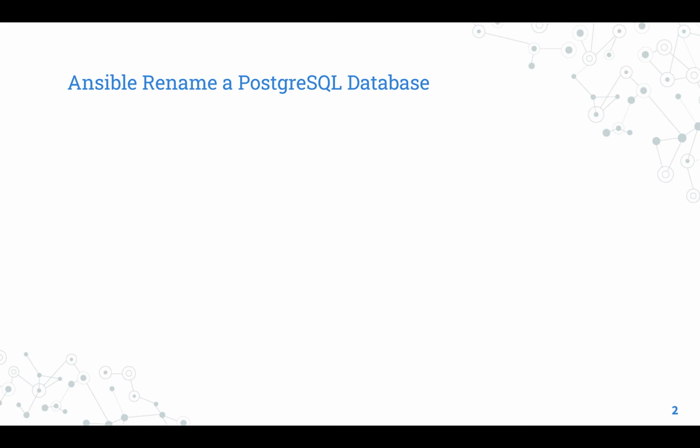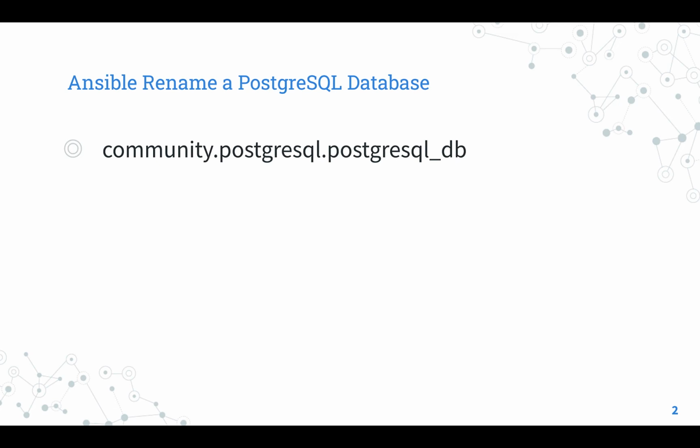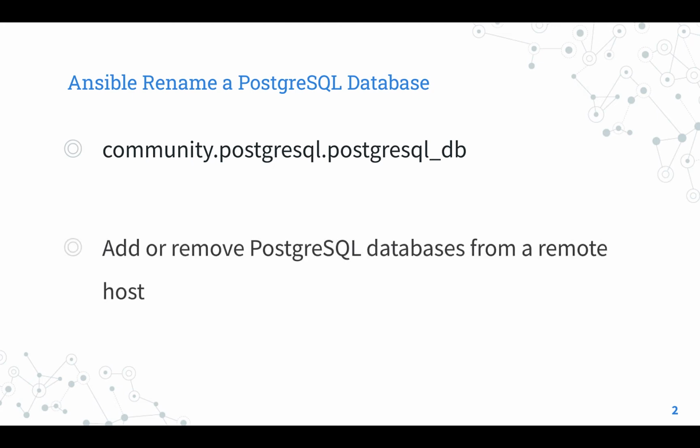Ansible rename a PostgreSQL database. Let's talk about the Ansible module postgresql_db. The full name is community.postgresql.postgresql_db, which means that it is part of the community.postgresql collection, maintained by the Ansible community to interact with PostgreSQL. The collection is tested with Ansible Core version 2.11 plus, so prior versions such as 2.9 or 2.10 are